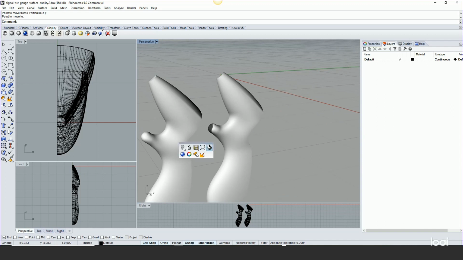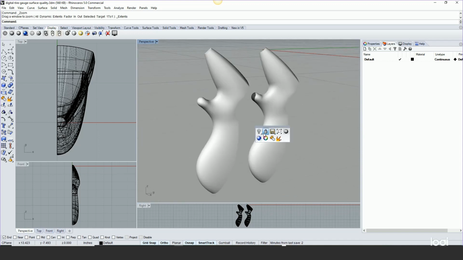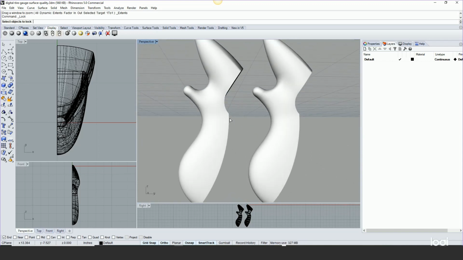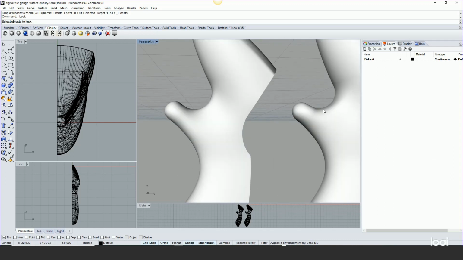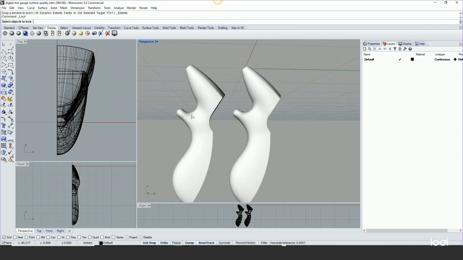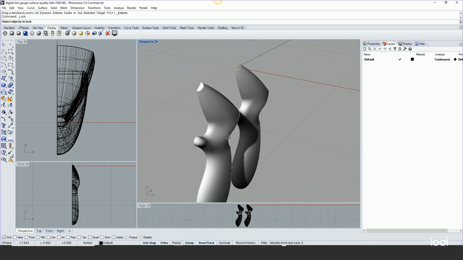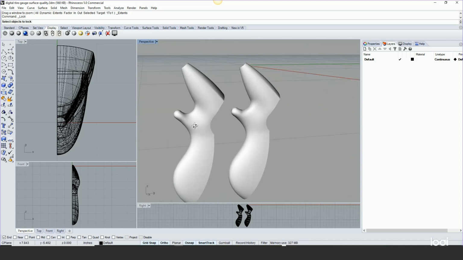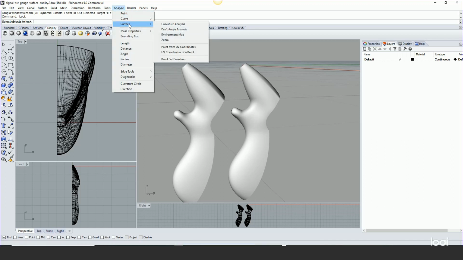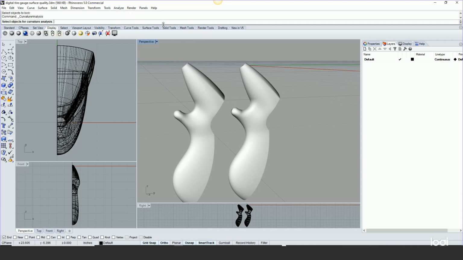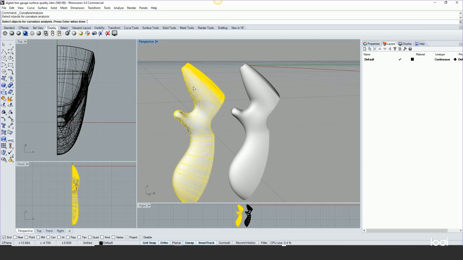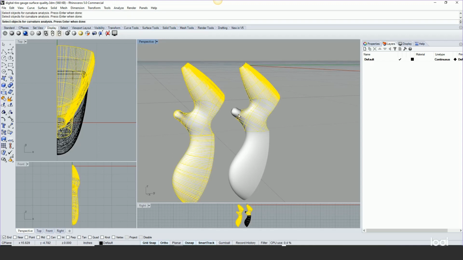You can see right away that we have made an improvement. If you just concentrate on this area, this was the troubled area, and you can see how we're able to smooth it out here much better. Another thing too is that the analysis tools are much better in Rhino than they are in SolidWorks. For instance, on curvature, if we go to surface analysis by curvature, display analysis, and we pick these surfaces,